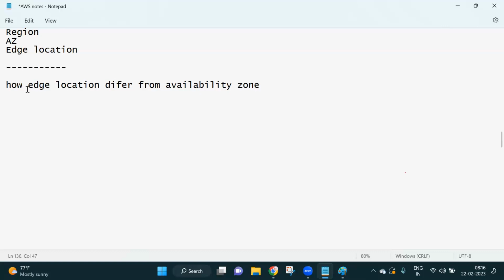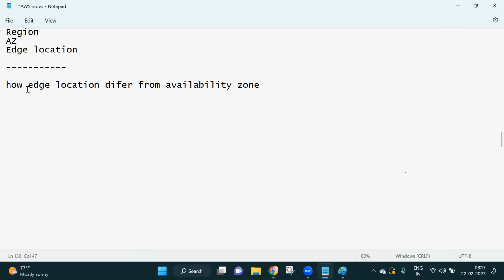In a region, you have many availability zones. If one availability zone fails, what will happen? Another availability zone will operate and provide you the service. So it is to make sure of high availability and fault tolerance for any service that fails. For example, if an application is deployed across multiple availability zones within a region and one availability zone experiences an outage, the application can fail over to another availability zone without any interruption of service.